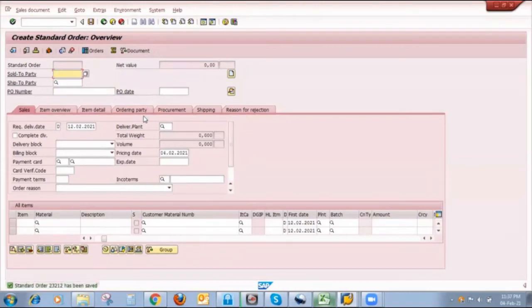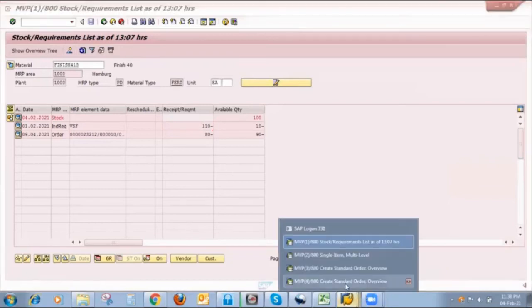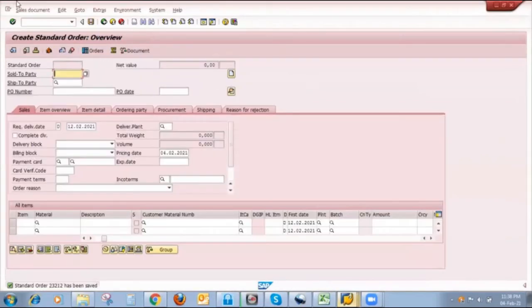Now if I save that particular sale order and I refresh MD04 list, in that situation our order quantity is 80 and independent requirement quantity is 110. So there is no consumption of independent requirement. Why? Because if you see